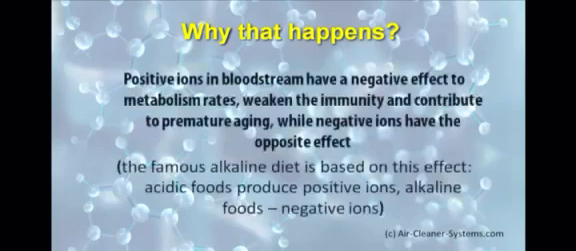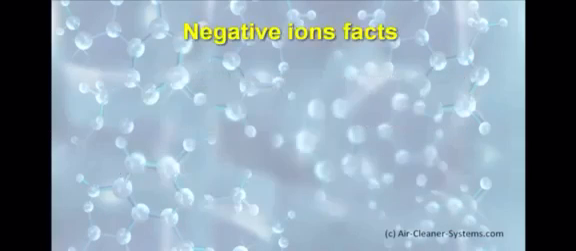Positive ions in the bloodstream have a negative effect on metabolism rates, weaken the immunity and contribute to premature aging, while negative ions have the opposite effect. The famous alkaline diet is based on this effect. Acidic foods produce positive ions, alkaline foods, negative ions. On air cleaner